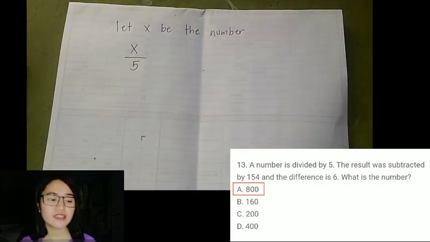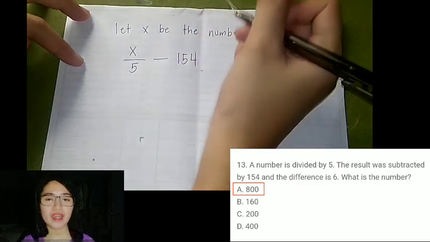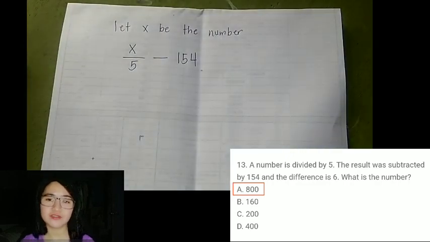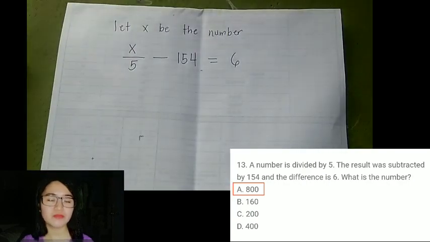And then, ang next na nakalagay is, the result was subtracted by 154. So, ibig sabihin, yung x over 5 minus 154 kasi nga subtraction. And then, the difference is 6. So, ang sagot daw, kapag sinubtract mo yung number na dinivide kay 5 at saka kay 154, ang sagot daw